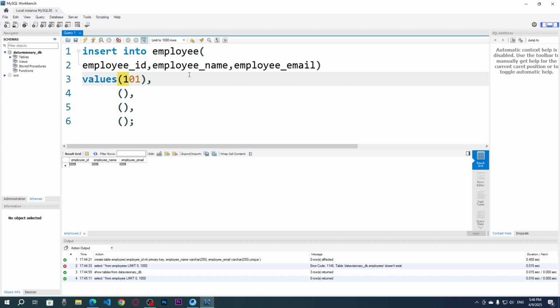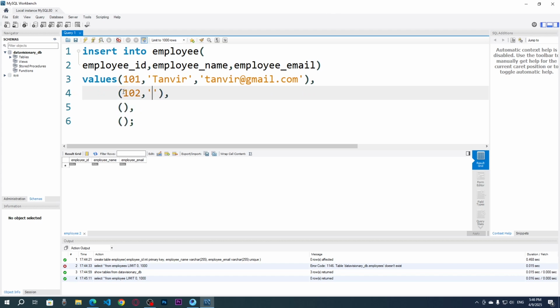So I will say 101, and employee name, let's say Tanvir. Okay, and the employee email, let's say tanvir@gmail.com, and I want to say here 102, second value, let's say Milan, and the third column is